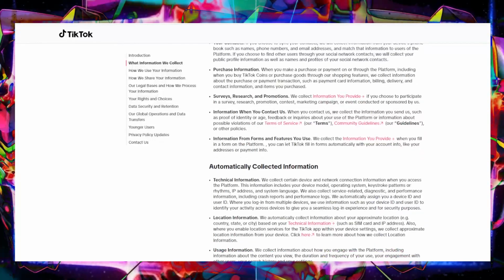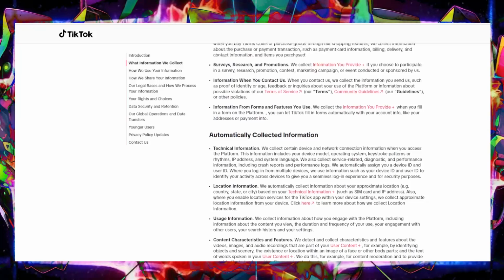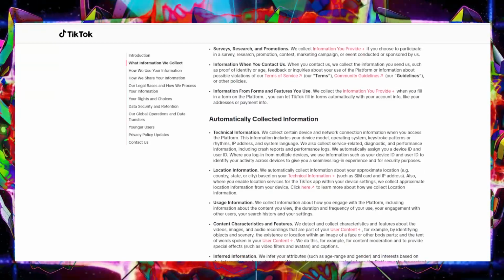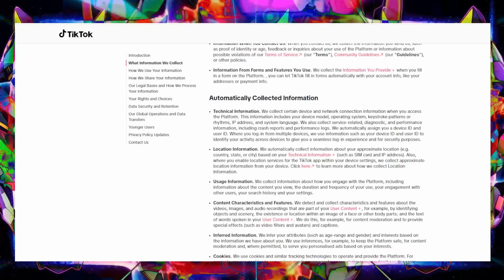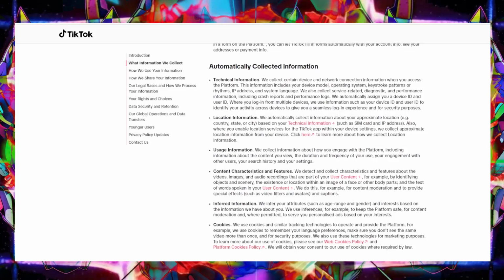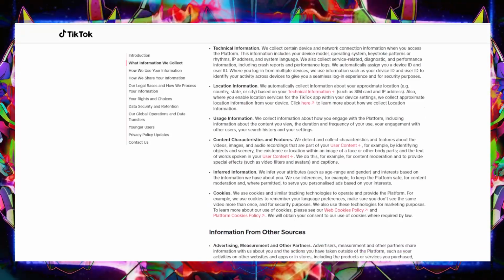For example, did you know they have access to your device's clipboard? Yeah. Your clipboard, that random text you copied, maybe a funny tweet you wanted to share, or even your home address. Yeah, that could be making its way into their system. And then that little piece of data can connect you to other patterns in your behavior, you see. Ooh, okay. That's getting a little too real for me.